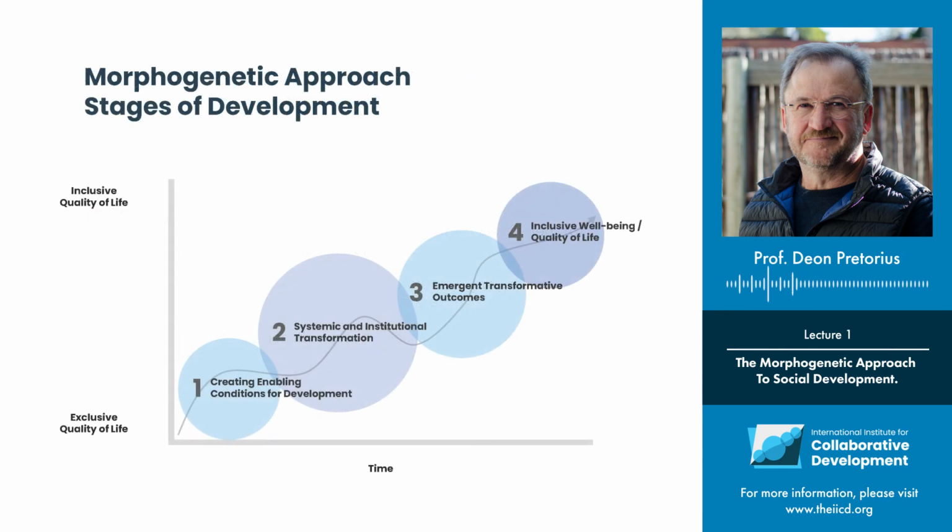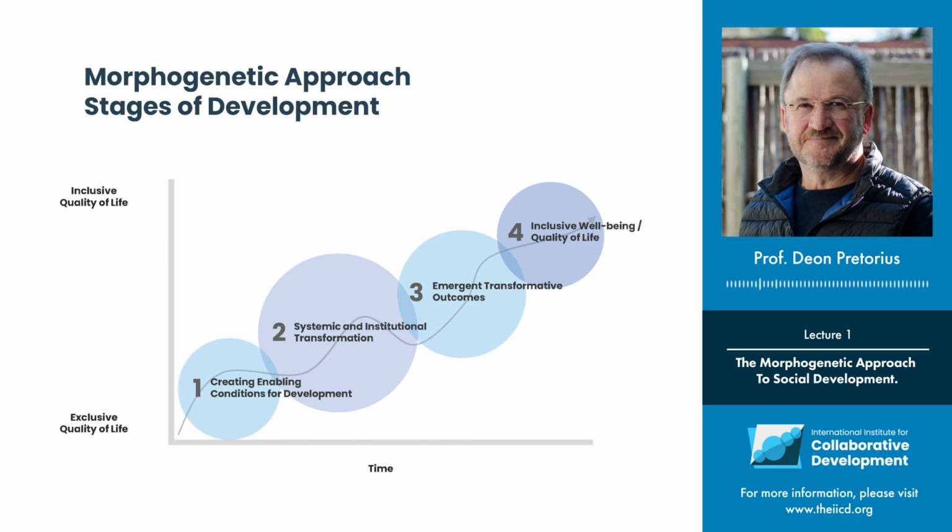Stage 3 and 4, one does not need to elaborate on too extensively. Stage 3, which is labeled as emergent transformative outcomes. Much of the process of development that we are talking about here is dependent on an almost mysterious process of emergence of certain societal features, qualities, changes in relationships, even changes in people, the morphing that happens as an outcome, sometimes even an unintended outcome. It emerges. It happens when context and agency interplay with one another.